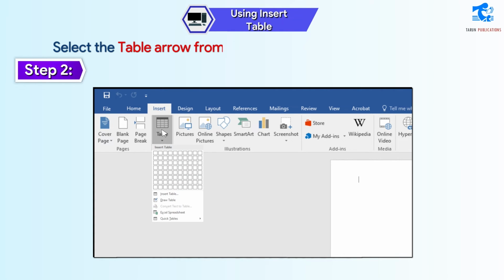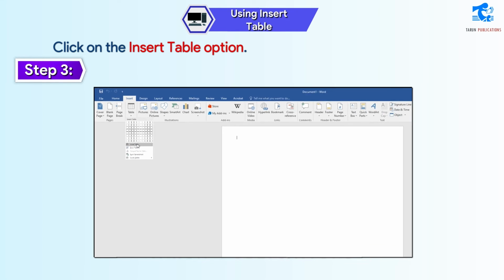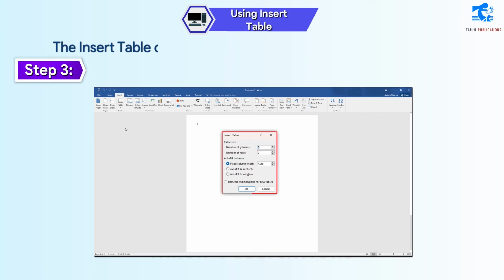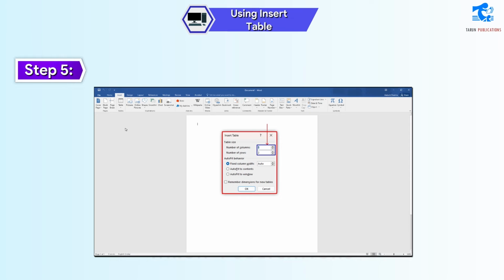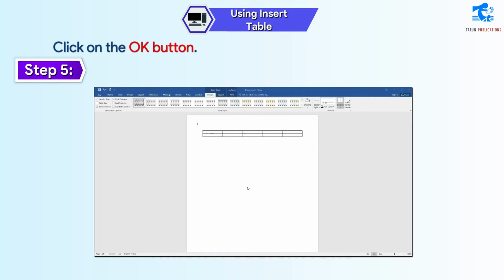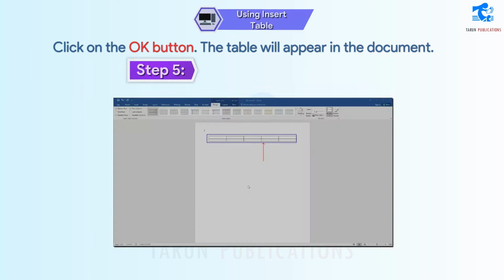Select the table arrow from the Tables group. Step 3. Click on the Insert Table option. The Insert Table dialog box will appear. Step 4. Enter the number of columns and rows that you want in the table. Step 5. Click on the OK button. The table will appear in the document.